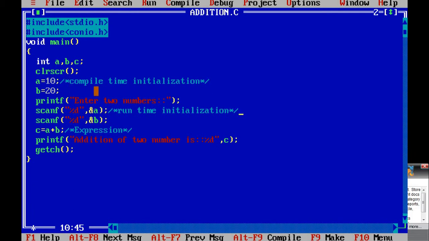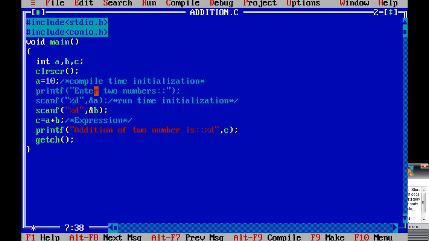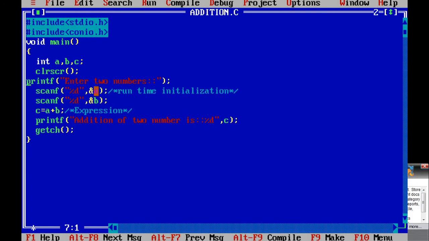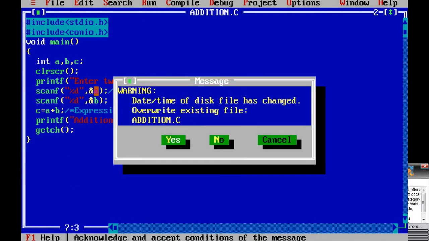So the better, normal practice is to take the value through runtime initialization, because we can perform the same expression for different values. Okay, now see, I just remove the compile time initialization, save the program again.